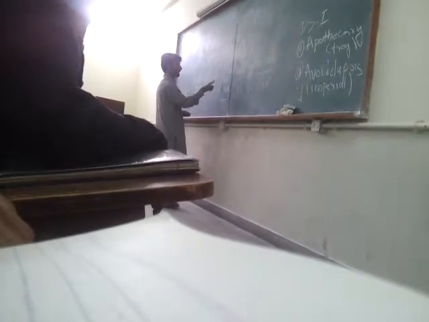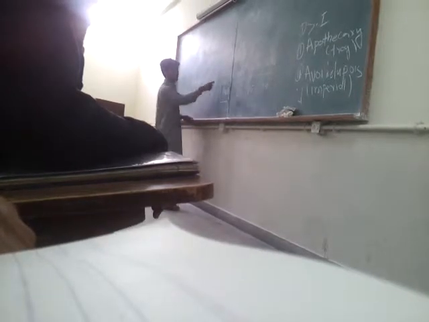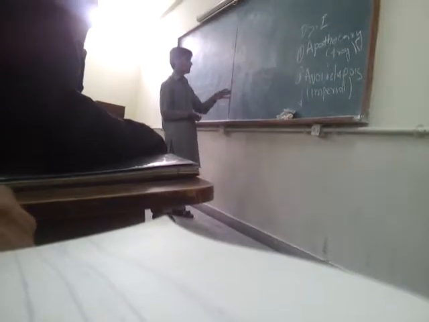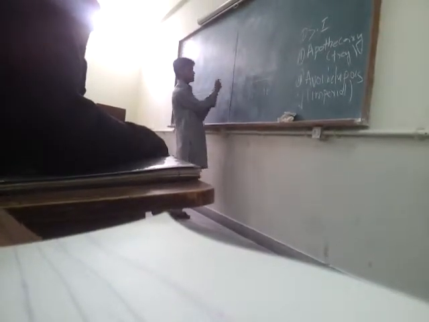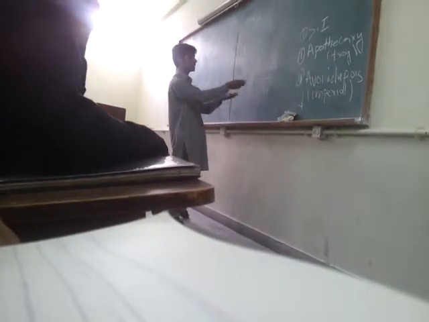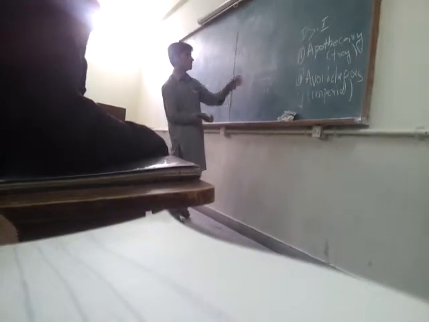If we take the amount of gram, -1 means the 10th part of 1 gram, -2 means the 100th part, and of course -3 means the 1000th part. In the same way, moving this way means there will be a multiplication. So deca means 1 into 10, then hecto means 100 grams, and kilo means 1000 grams.